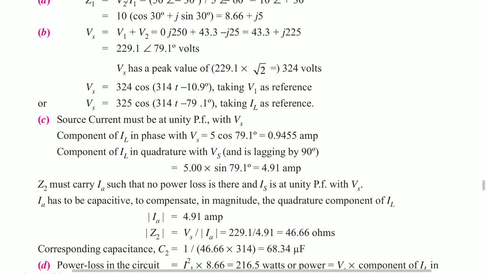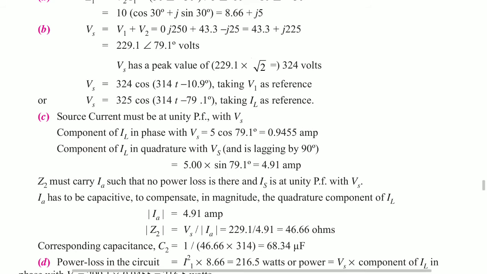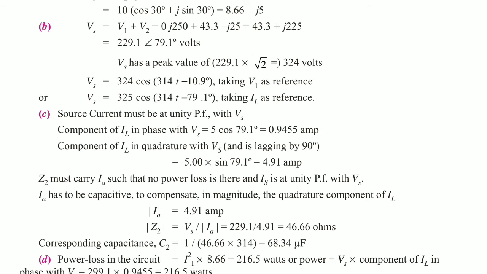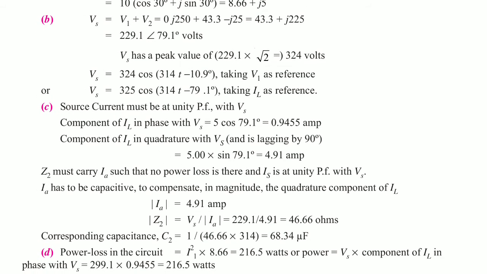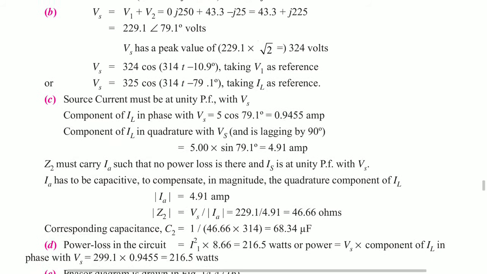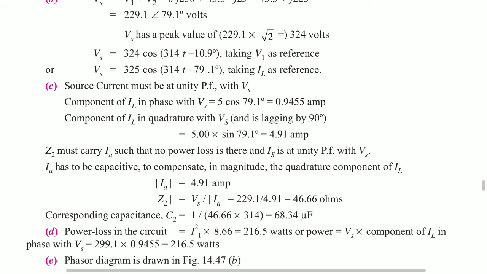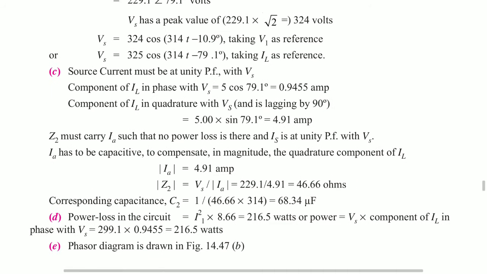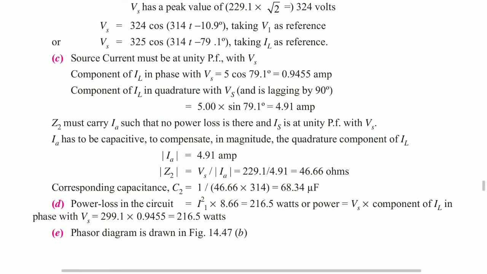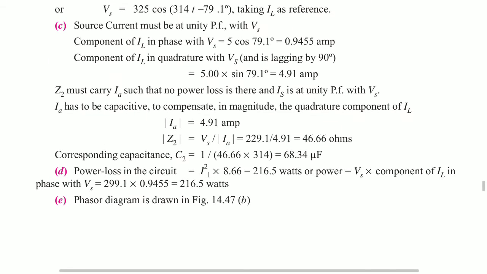Now part B: Vs is equal to V1 plus V2, that is nothing but 43.3 plus j22.5. So in polar value it is 229.1 angle of 79.1 degrees. Now es is 324 cos(314t minus 10.9). Taking V1 as reference, Vs is equal to 325 cos(314t minus 79.1), taking IL as reference. Now part C,